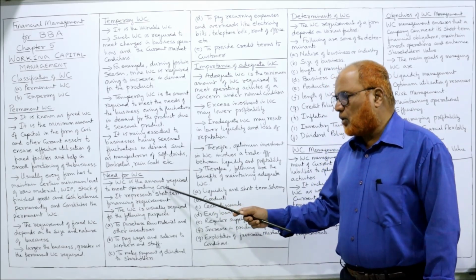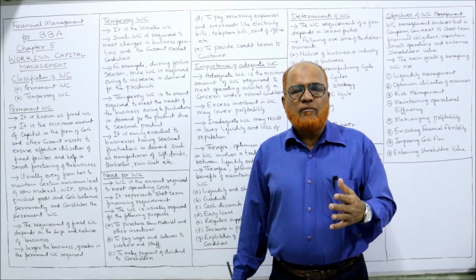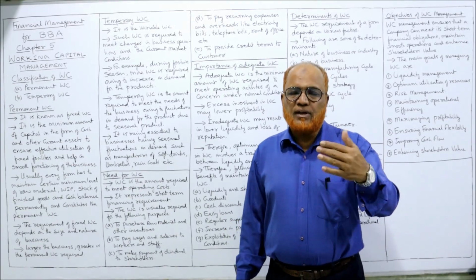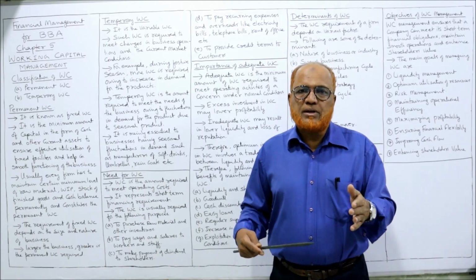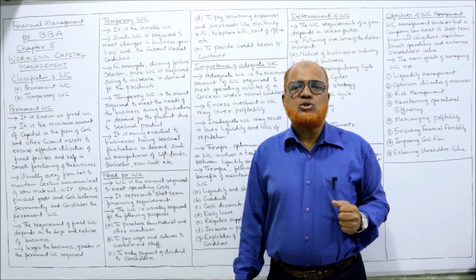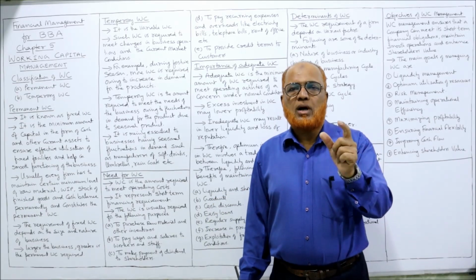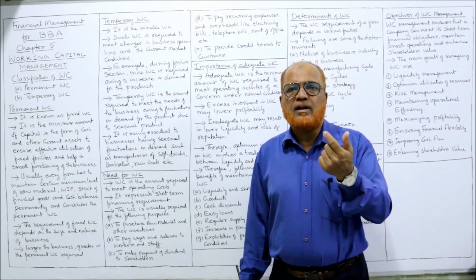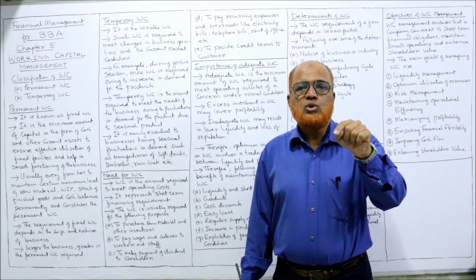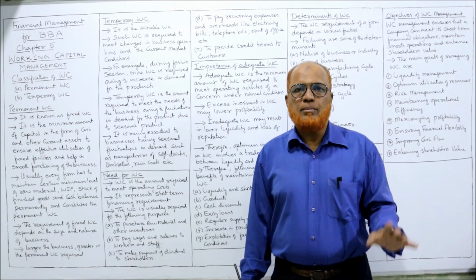Now, working capital is the amount required to meet operating cost, running cost, operation cost. Example, when the business is running in rented premises, rent has to be paid, workers are working, wages have to be paid, material has to be purchased, payment has to be made to the supplier, electricity bill has to be paid, telephone bill has to be paid. All these are the operating activities. So to conduct the operating activities, some funds are required. So that is the need. That means working capital is needed to meet the current obligations of the business in running the business.